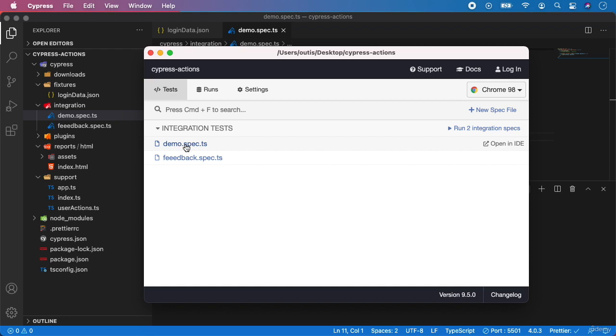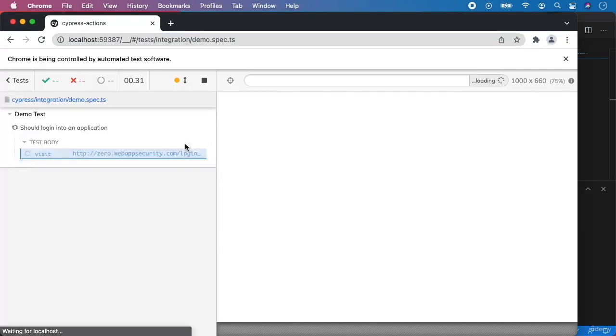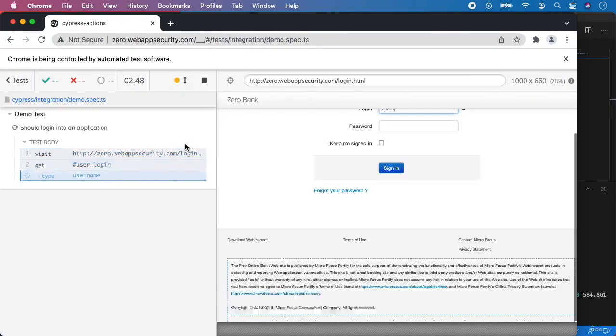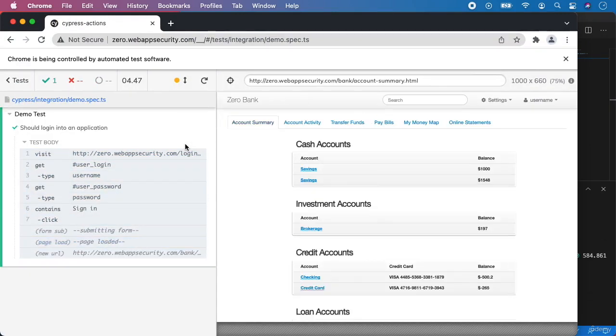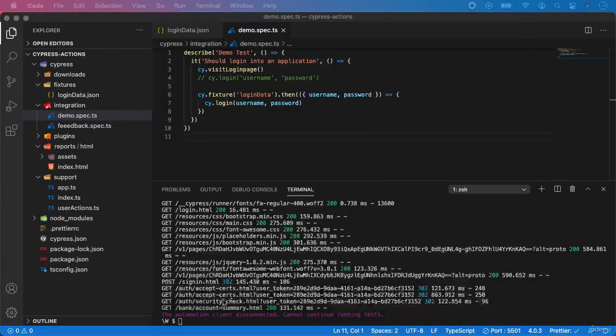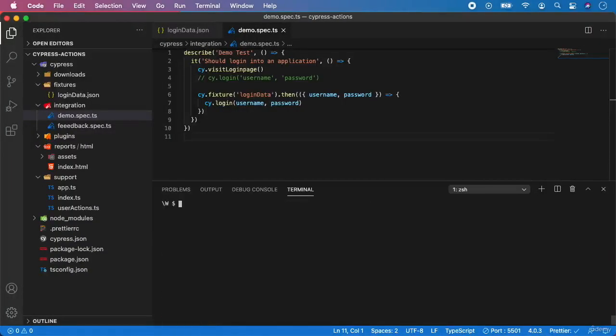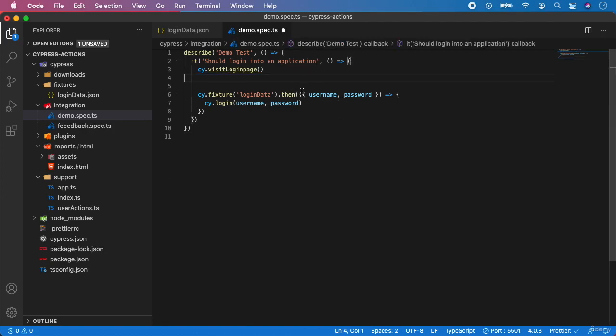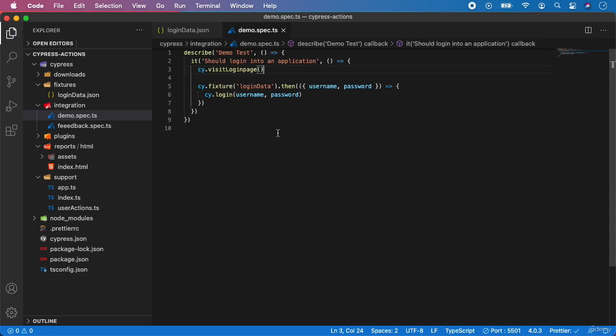So let's now open terminal, npx cypress open, and run the demo spec. And as you can see, the test is passing as previously. So let's quit this, and we have successfully refactored our login to use the fixtures. So we can remove this. So our test is now much more reusable, much more advanced,